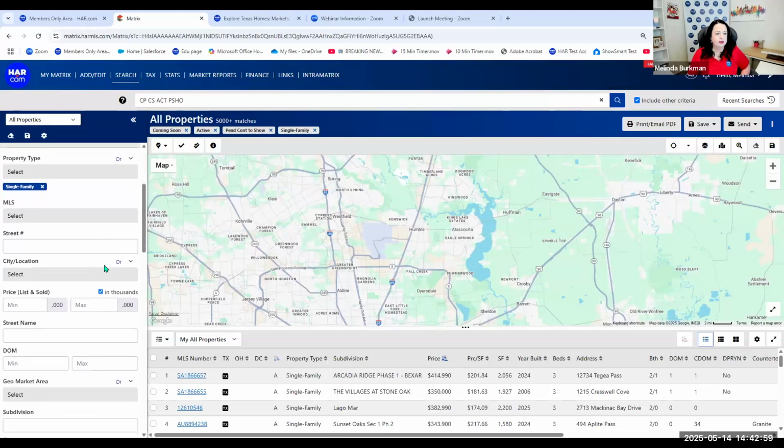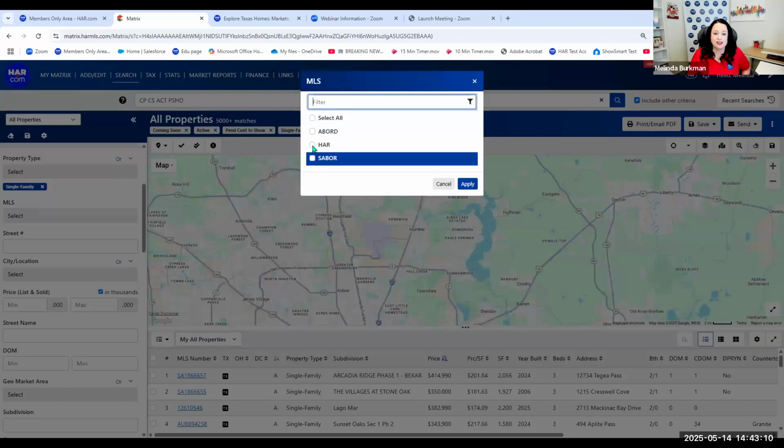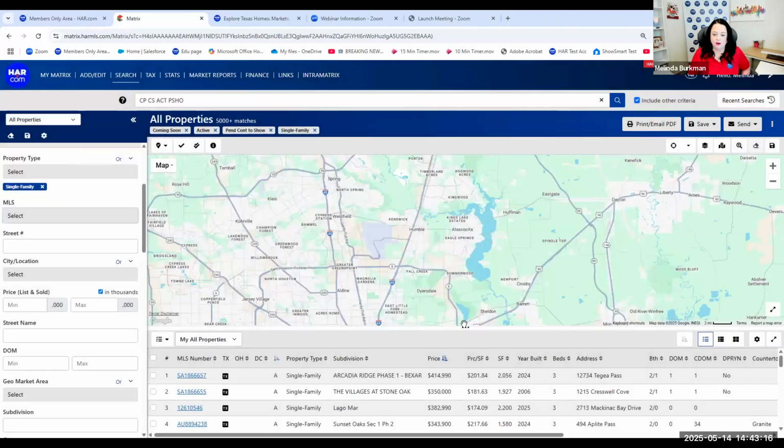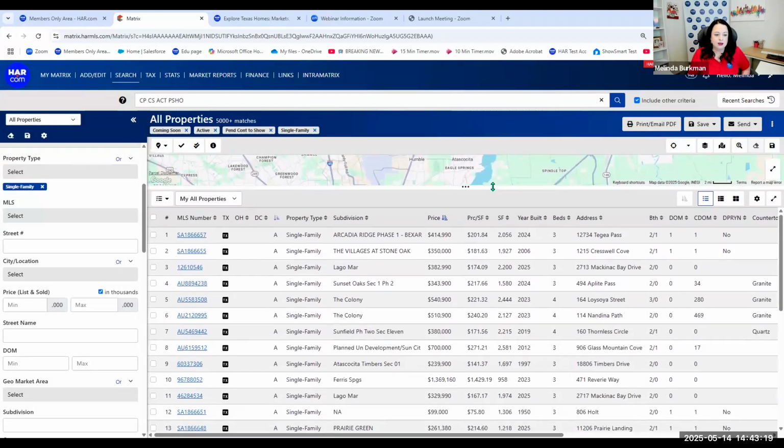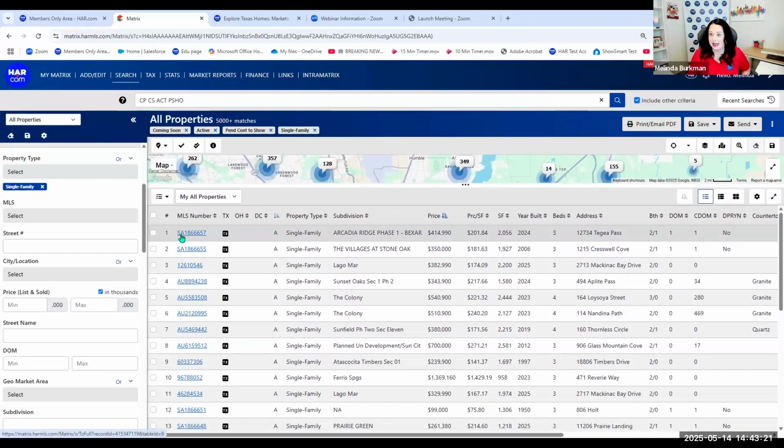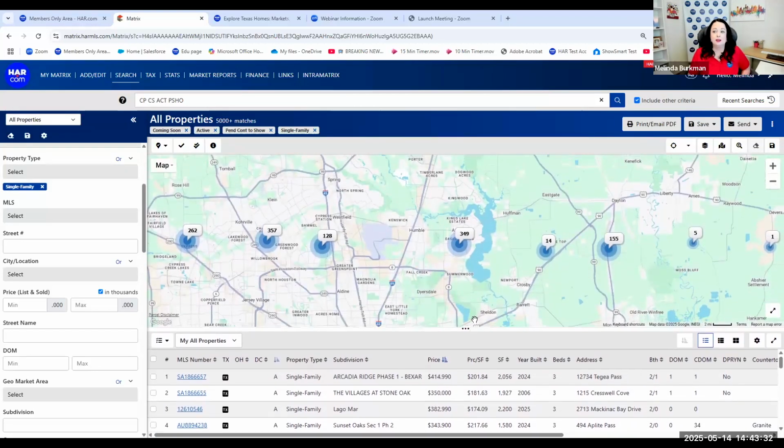All right, scrolling down, MLS. All right, so it is April 2025 right now. Oh, sorry, May 2025. It's going by fast. And right now we have 3 MLSs to pick from right here. So in my searches right now, I'm going to pull up the list view. I see an SA in front of the MLS number. That's for San Antonio. We have data share agreements already in place. This is for Austin, AU. Okay, so right now I'm seeing all 3 MLSs for coming soon, active, pending, continue to show, single family homes in all 3.